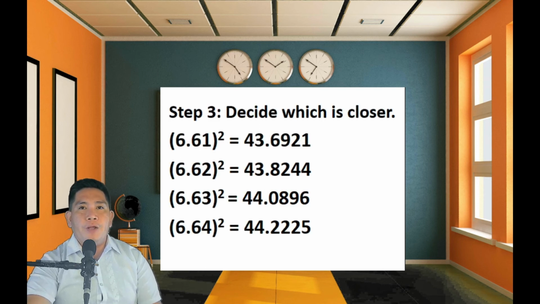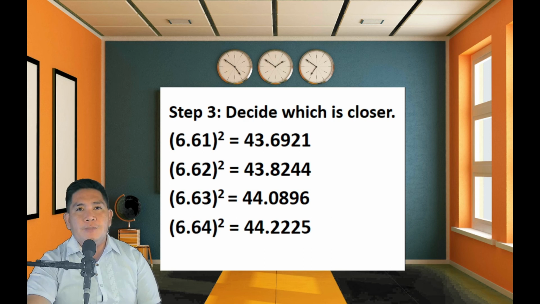Step number 3, you need to decide which is closer. Since 44 is closer to 43.56 compared to 44.89, and 43.56 is the square of 6.6, then estimate further by squaring the numbers